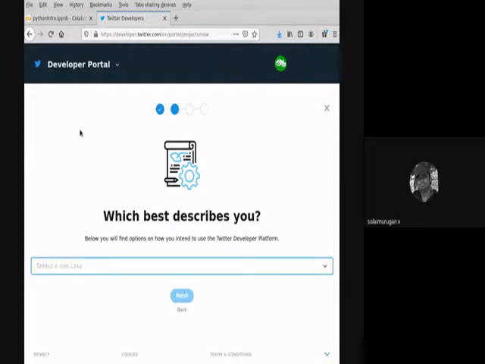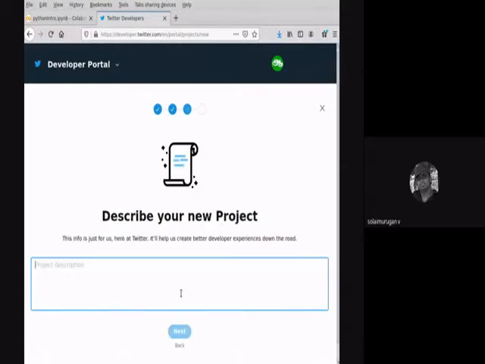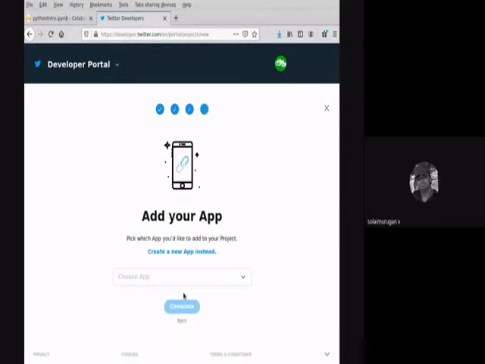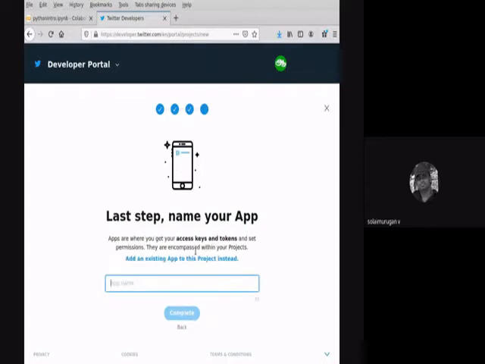If you are just starting academic research, pick any one of the descriptions. Then write just a demo for the participants. Actually, I'm going to create a new app instead. App name: demo NITTR.